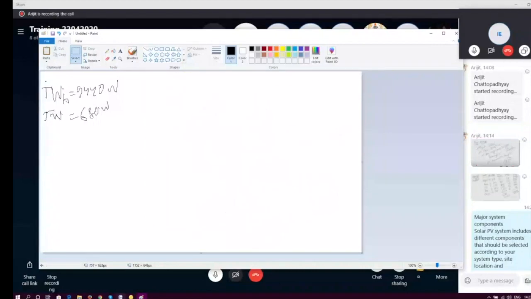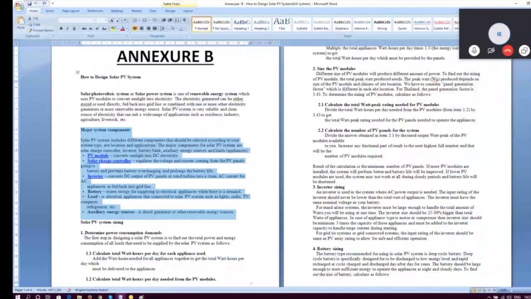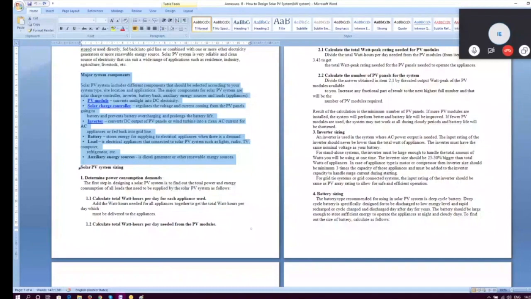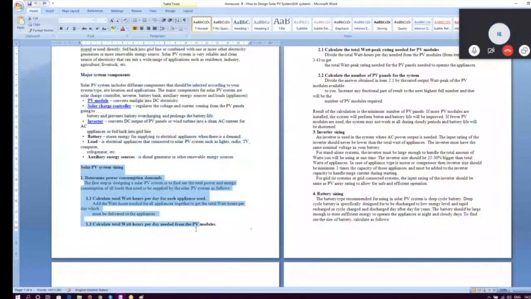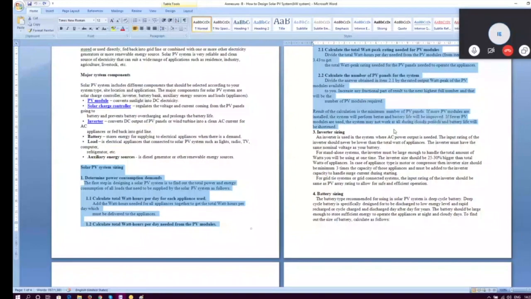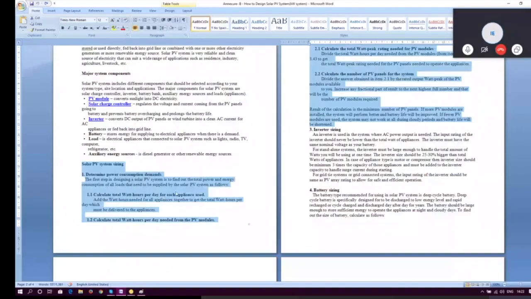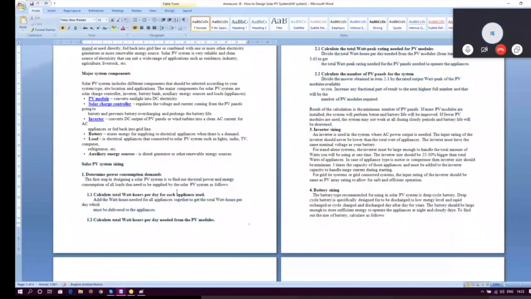First, I am going to give the steps which we are going to follow. Then we are going to follow the steps. Right? I hope everyone is on the same page. So the first thing we are going to do is find the PV sizing, or the PV module sizing.